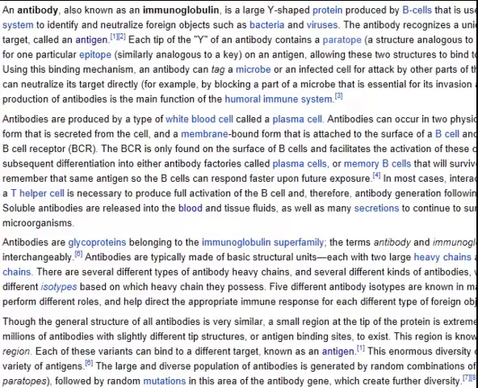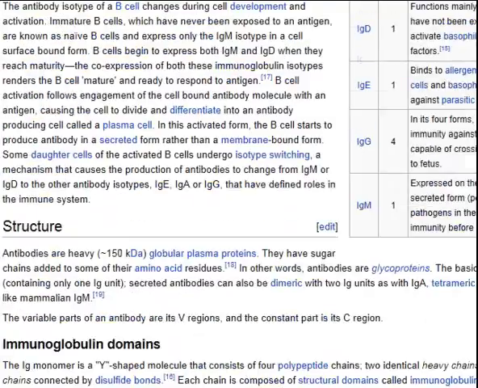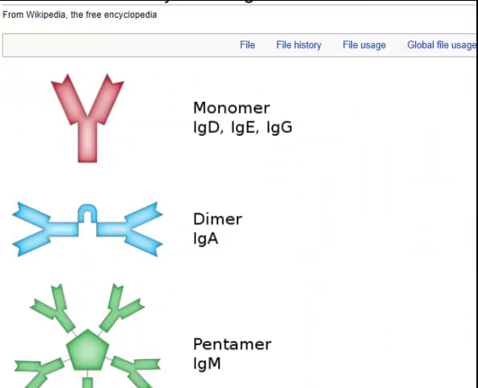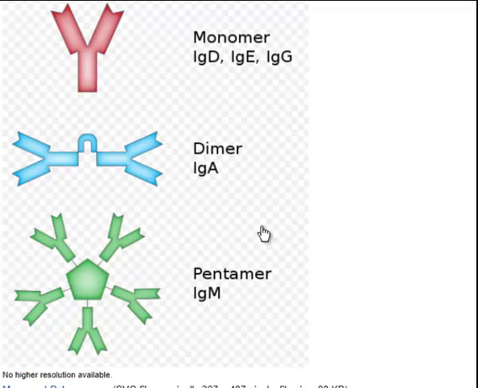And let me see if I can find a picture of the IgM class. This is a nice one. Okay, so if we click on this one, this is just showing some of the different classes. IgE, IgG, and IgD come in the monomer form where they have the 2 light chains and the 2 heavy chains coming together. If you form a dimer between 2 of these monomers, you will get the IgA class